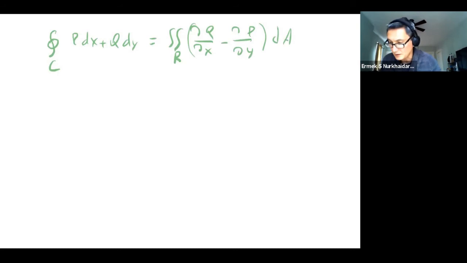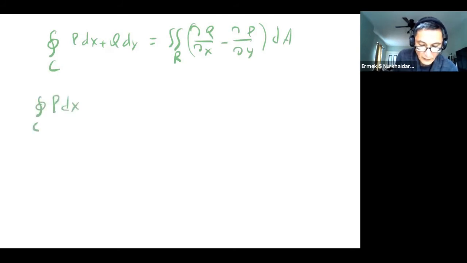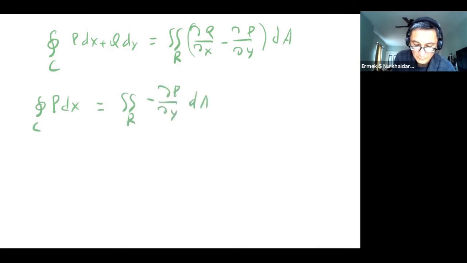In a sense, it's telling us two things. First, the integral of P dx equals the double integral of negative partial derivative of P with respect to y, dA. And the second one says that the integral of Q dy